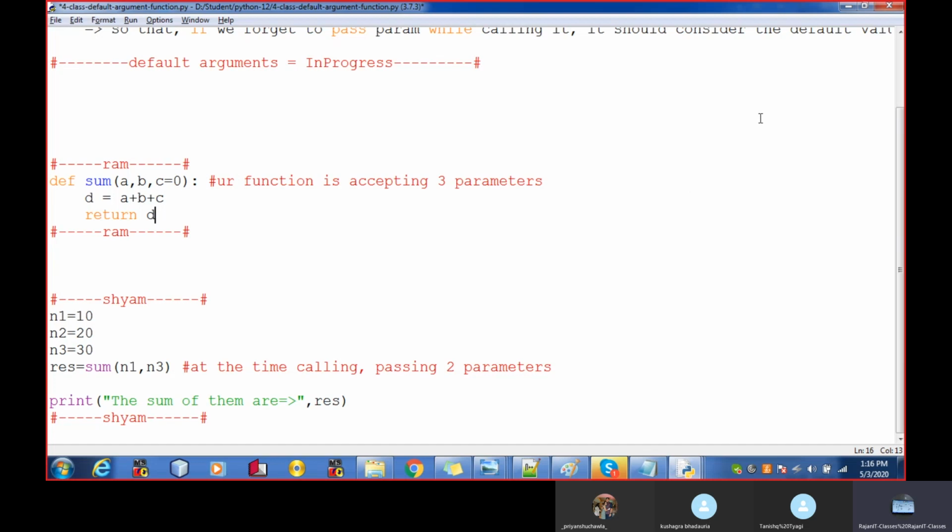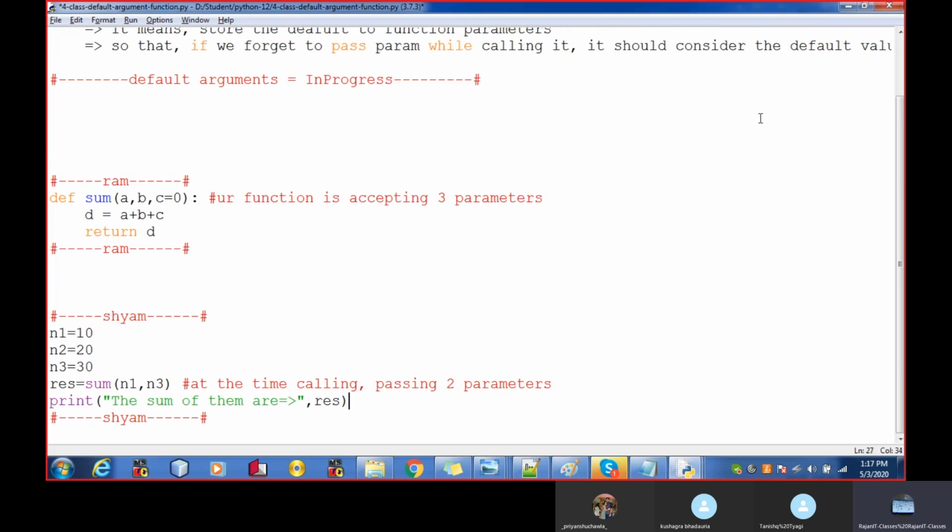Now if I run this program, it takes n1, that is 10, and passes it to A, and passes n3, that is 30, to B. So 10 plus 30, and since I forgot to pass the value to C, it considers 0 as the third value, and the answer is 40. The returned answer is caught and displayed here.